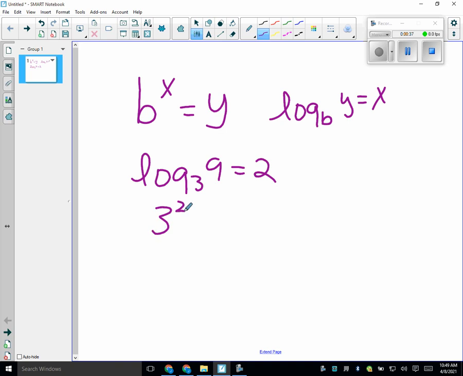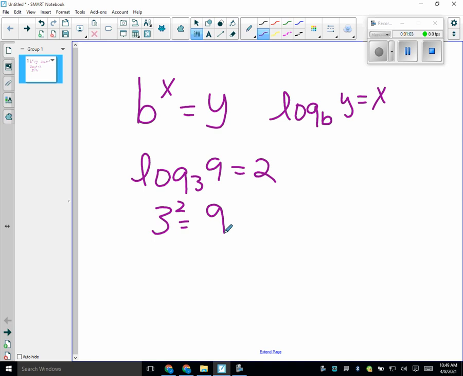3 squared equals 9. Is that a true statement? When you write it as a log, or from logarithm to exponential, the exponential should be a true statement if you've written it right. So that's kind of a clue that you're right or wrong. All right? So what if I said